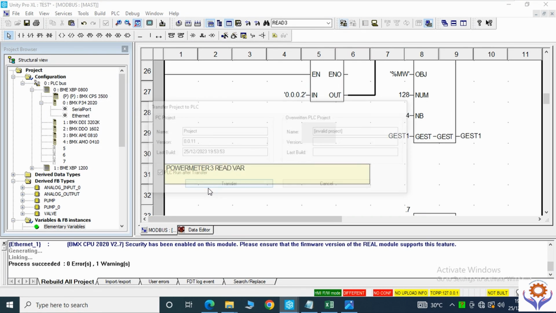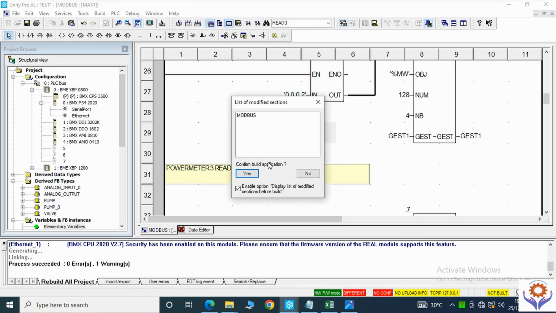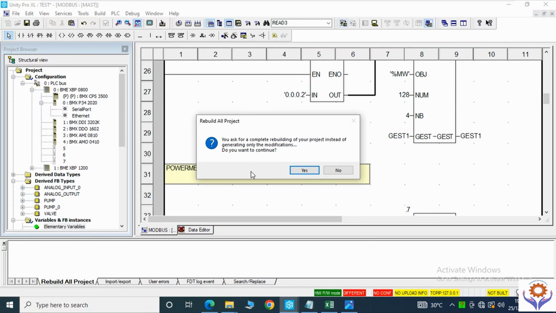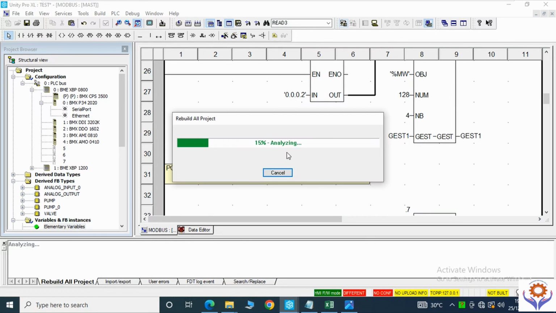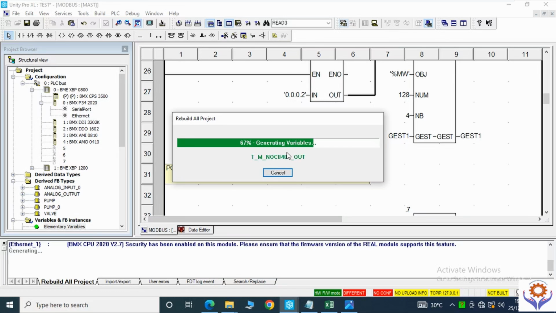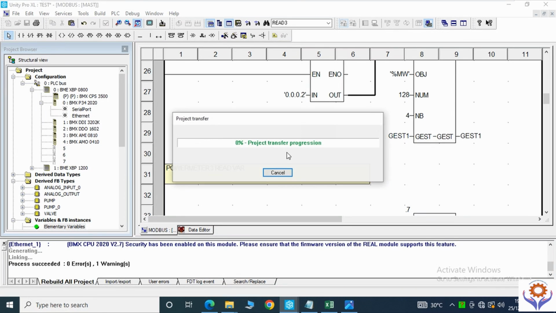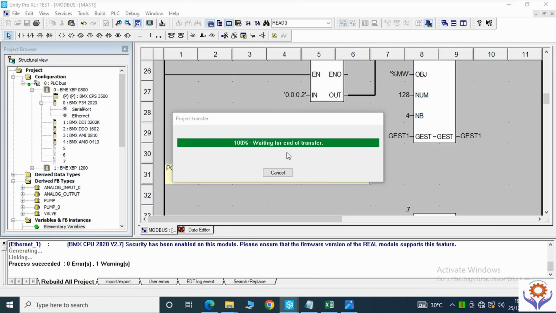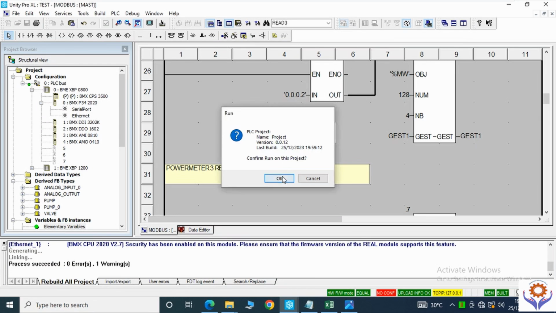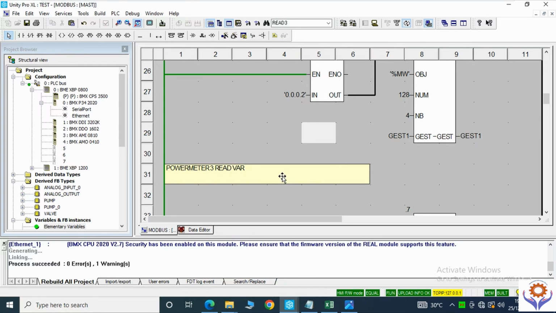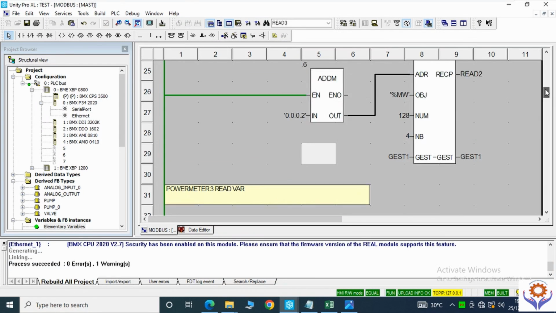Okay, rebuild all. Yes. Run the system. Okay, now see, now